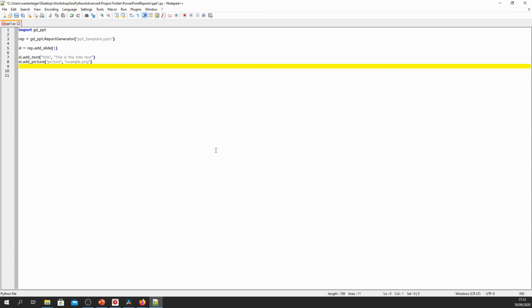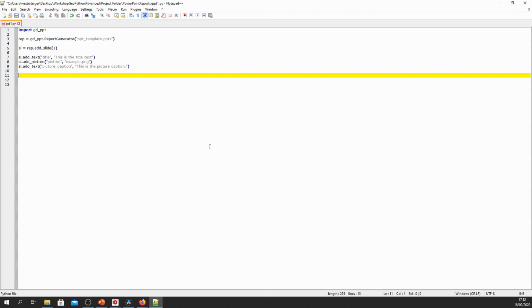And finally, we define a picture caption: sl.add_text, "picture caption", "This is the picture caption." And then we save the whole presentation by saying rep.save, quotes, example.pptx.